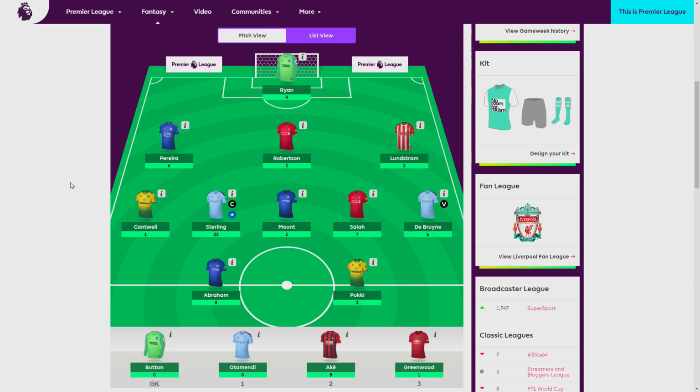Going into the rest of the defense, Pereira with 6 points. I know 6 points is always good, but I can't help but be a little bit sad when players like Chilwell, the fullback partner of Pereira, are scoring 19 points. Absolutely ludicrous amount of points. So I almost feel that I bought the wrong fullback. I know in FPL, hindsight's a beautiful thing, but overall happy with Pereira keeping that clean sheet,